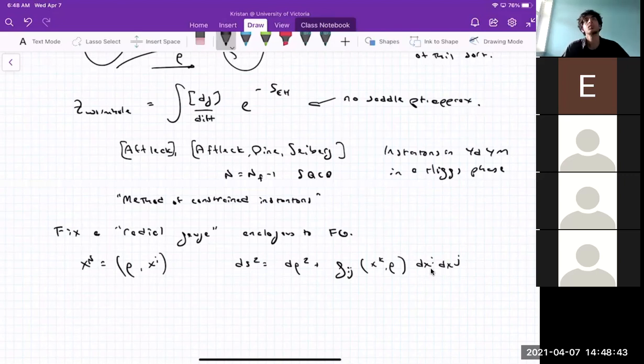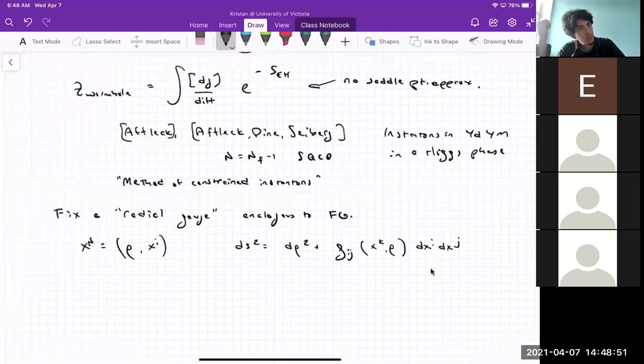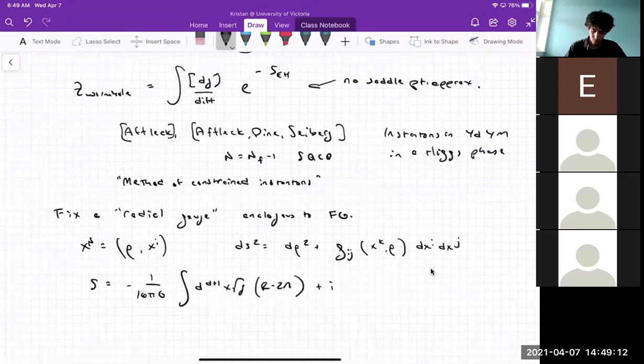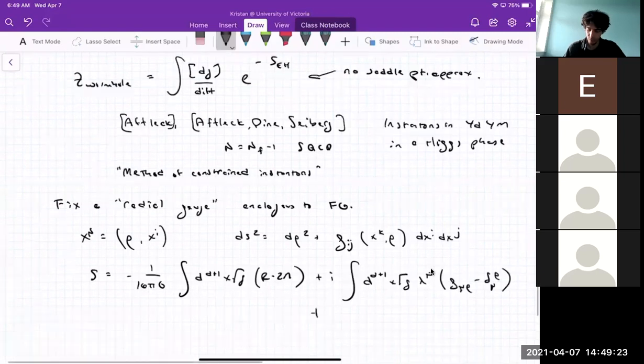We could have fixed any other gauge too, but this is a convenient one for us. This is just an example. You have to fix a gauge. This is a convenient one to pick. And of course, the way that one does this is the whole Fadeev-Popov machinery. You introduce auxiliary fields to enforce the gauge fixing condition, and then there's also ghosts. So you have the Einstein-Hilbert action plus auxiliary fields times the gauge fixing condition, plus ghosts.